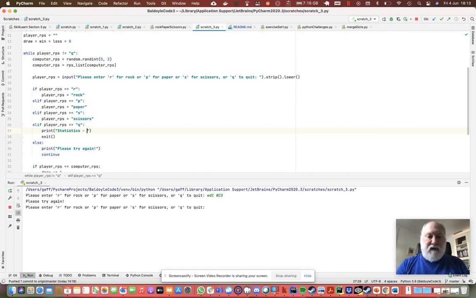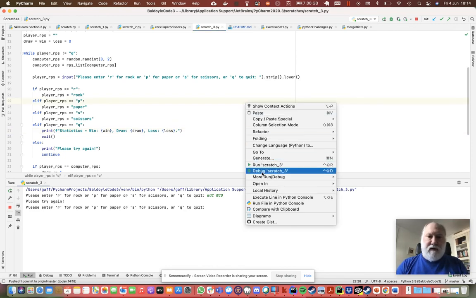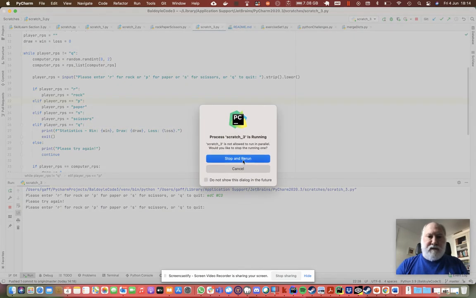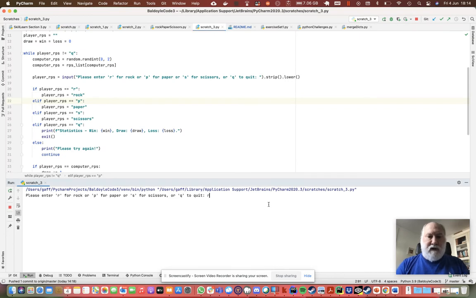Now what I want to do is use f-strings. So we'll use curly braces here, called win. Draw. Variable draw. Loss. Variable loss. And if we now run this,